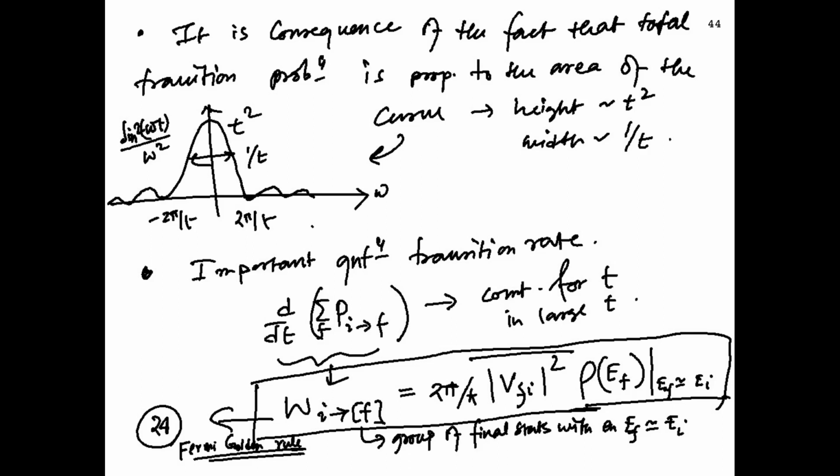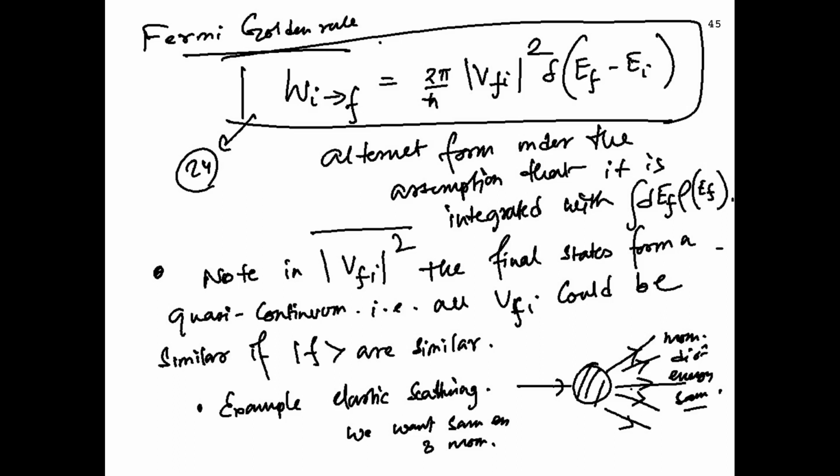So this is the Fermi Golden Rule formula, which is widely used across any time dependent quantum mechanical problem, and this is the most important formula of this chapter. Okay, so now let's start with the Fermi Golden Rule and understand a little bit more about it, just looking at it from a different side.